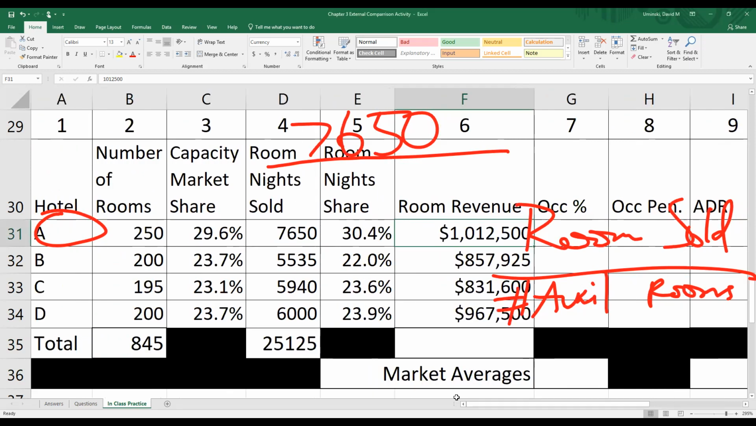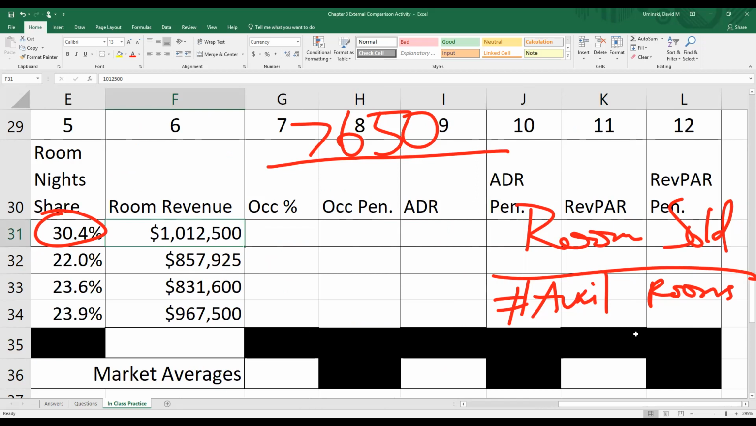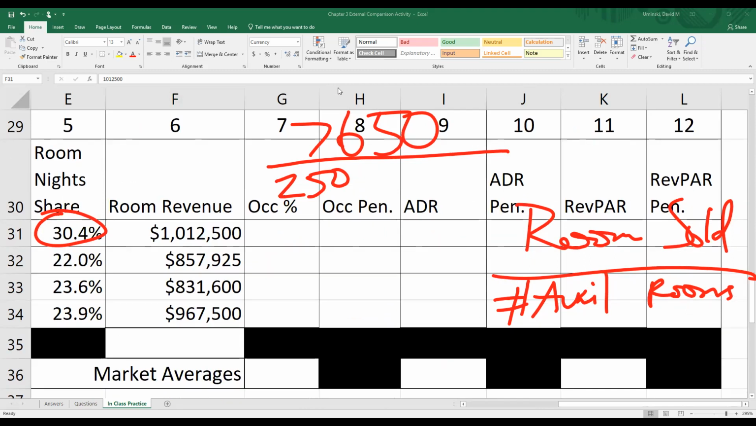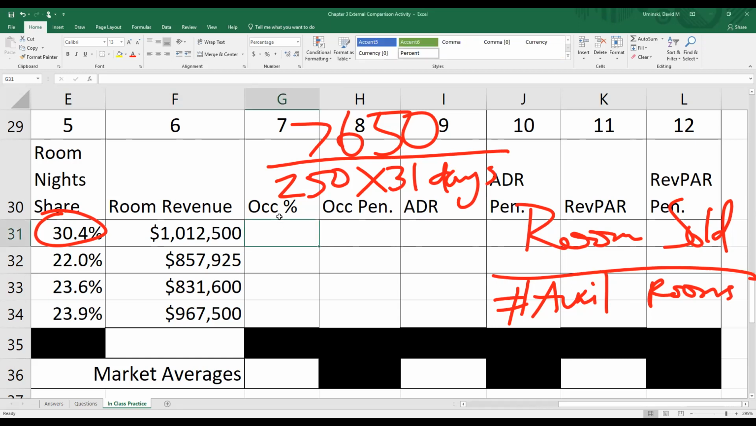Exactly. You see how we have 250 rooms right here? That's in one day. Since we're in the month of January, how many days are in the month of January? 31. You have to know how many days, and whether it's a leap year, whether February has 28 or 29 days. So you have to know exactly how many days are in that month. And so let's go ahead and do that. So our occupancy percentage